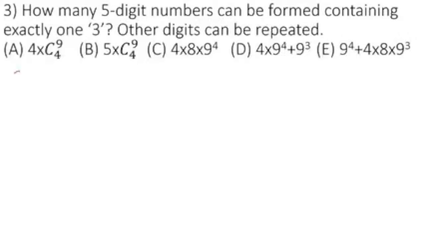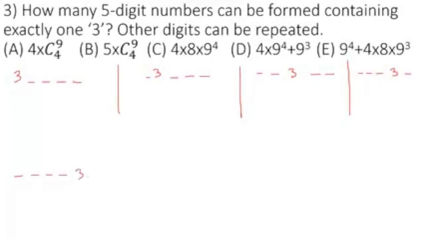So if I consider 3 in the first place, I have 4 places left out. Similarly, if I consider 3 in the second place, I have the other places and the first place left out here. So like this I am writing all the possibilities of the places 3 can occupy. Otherwise, the last digit can be 3 here. So if I take 3 as the first place, I don't have restriction for the other numbers. So for the remaining numbers except 3, any number from 0 to 9 I can take,